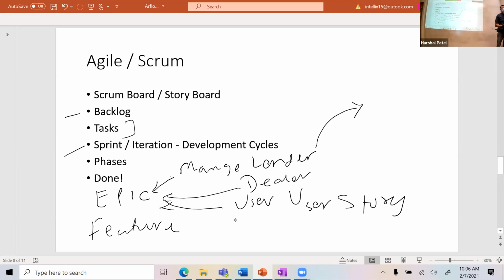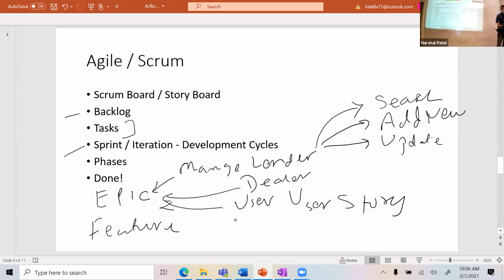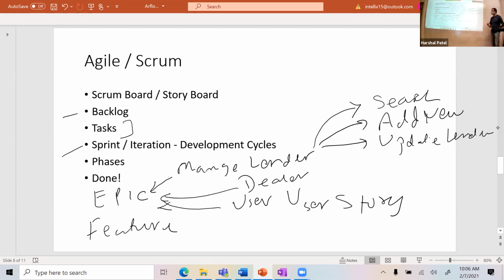So when you say manage lender, what does it have? So it has a search, add new lender, update lender, those three things, right? So now what you are doing is essentially you are breaking down this big piece of